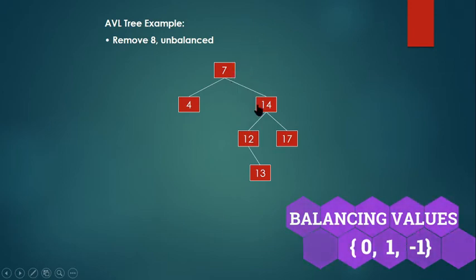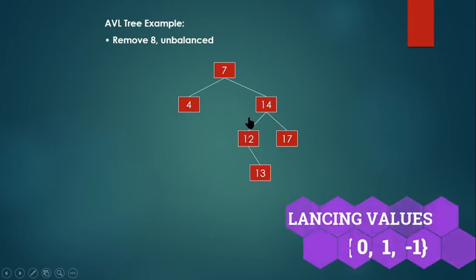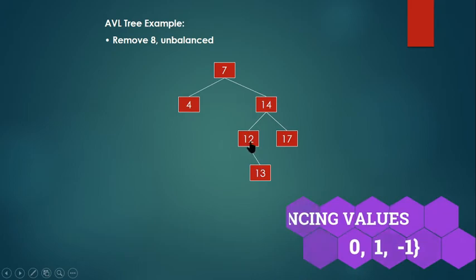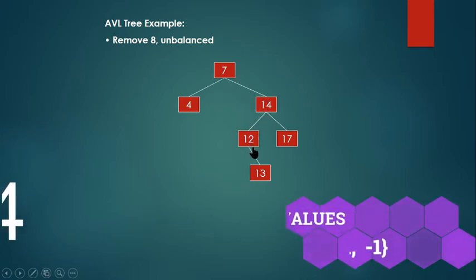Again we have 2 or 3 paths, I am sorry, we have only one single path, isn't it? 14, 12, 13. If I take 14 and 17, it becomes 2. We can't take the 2 nodes, we have to take the deepmost one. So we have only one option, 7, 14, 12, 13. And the balancing factor problem is in this particular node. So I have to take the immediate next node and the following path node.